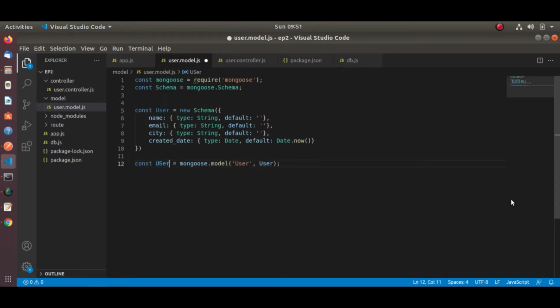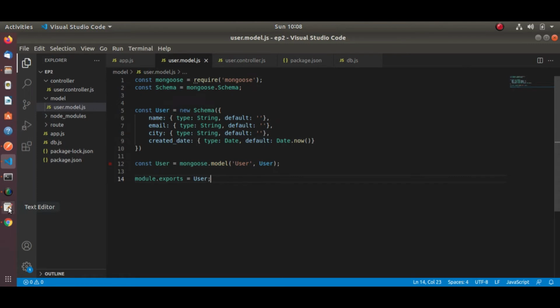Let's keep the same name. Here we will export the same model to other files using module.exports. So in this way, our schema file has been prepared.